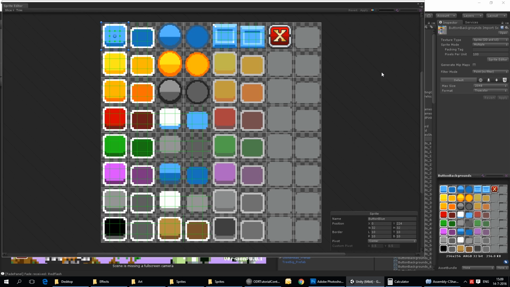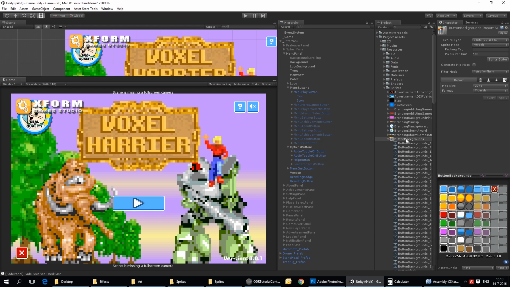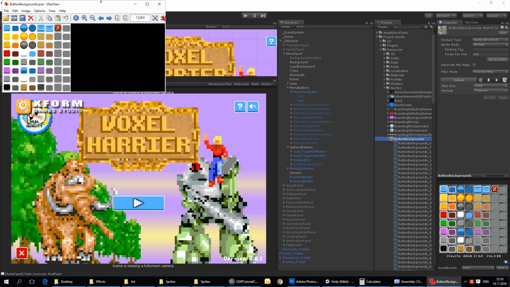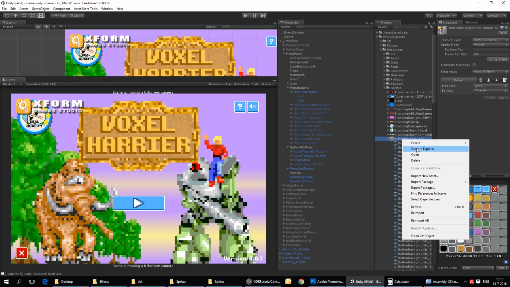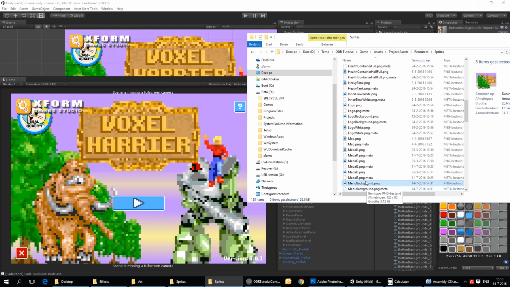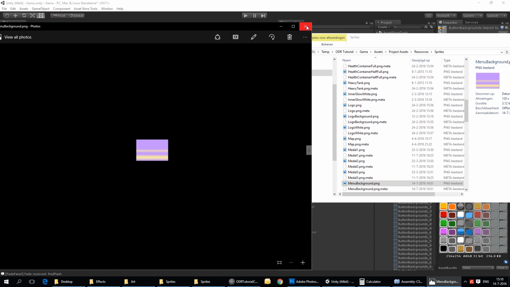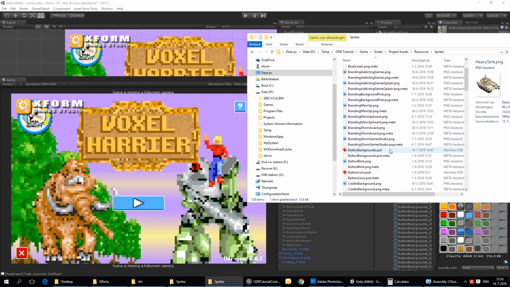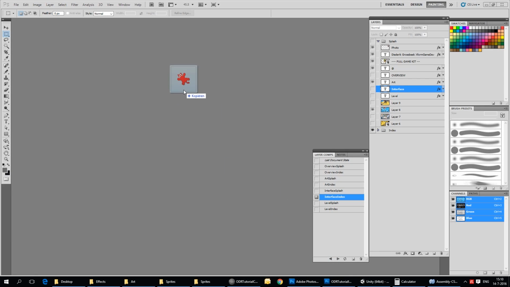So the easiest way to change something here, instead of creating new buttons on the empty spots we already have there, would be to actually go inside Photoshop and change the appearance of these buttons. So that's what I'll probably be doing. I'm going to open this up. Oh, I want to open it up in Photoshop, of course. So where is it? Button backgrounds. I'm going to drag that to Photoshop,